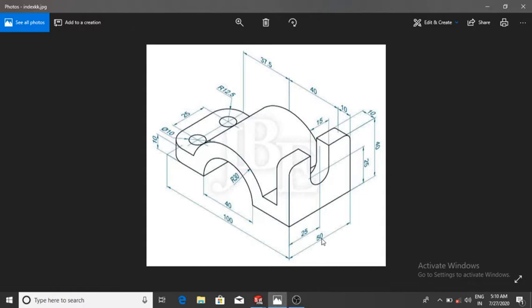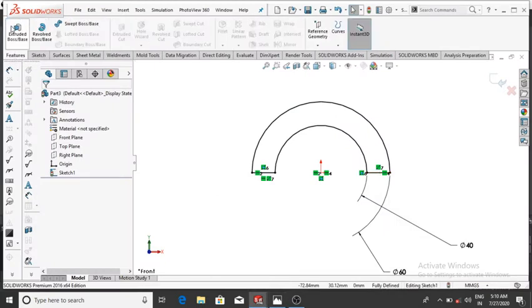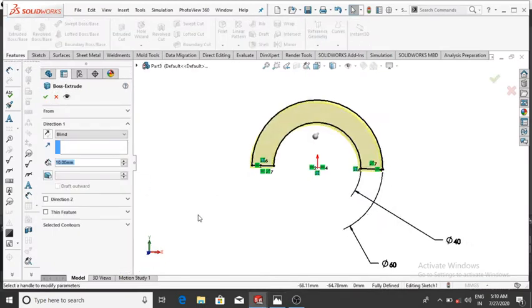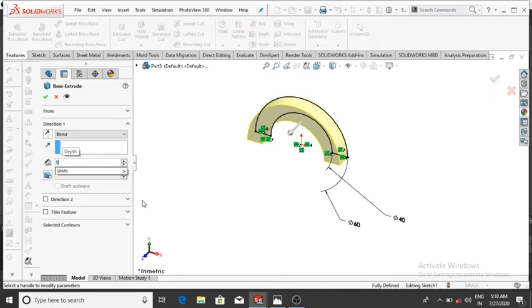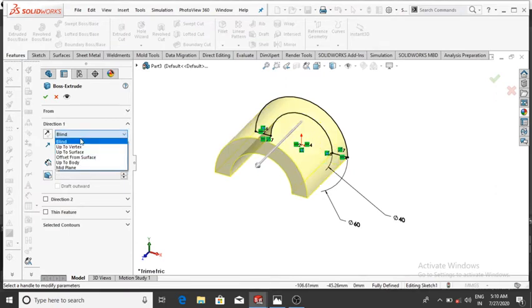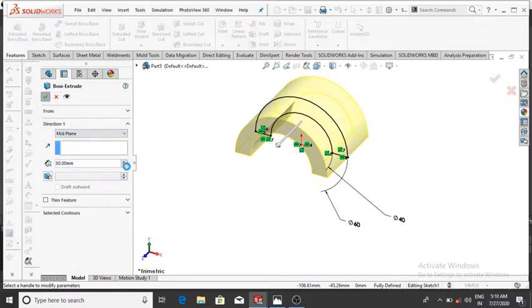So from the we can extrude through mid plane or blind as you required. So go to the features and make the extrude boss base and click 50 mm, then OK, and the condition will be mid plane. So select mid plane, then OK,